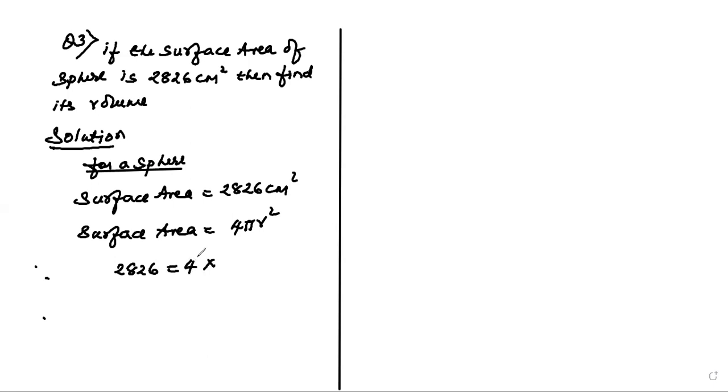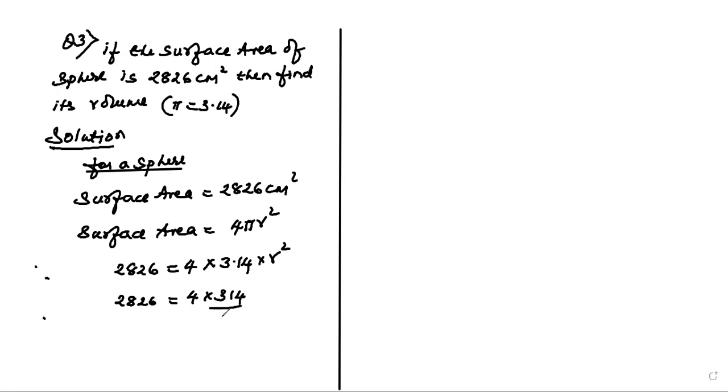4 into... Now, they have given us the value of pi as 3.14. They want us to take the value of pi as 3.14. In the question, it's given like this: surface area is 3.14 into r square. So naturally, children, what am I going to do? 2826 is equal to 4 into